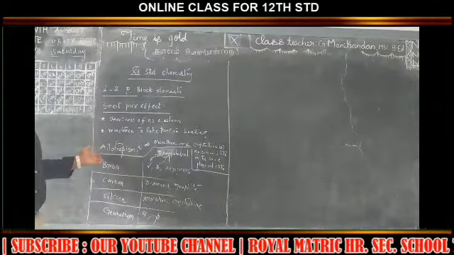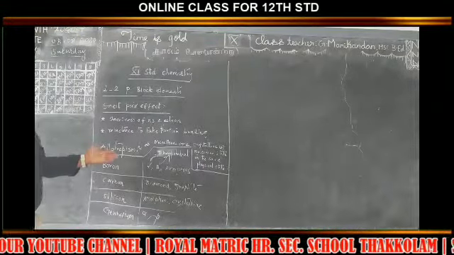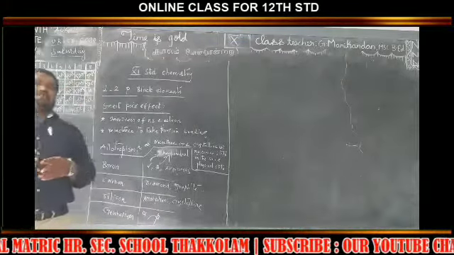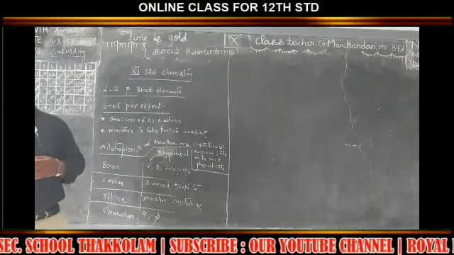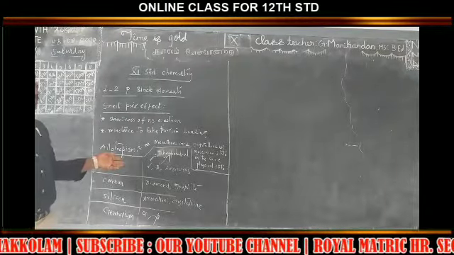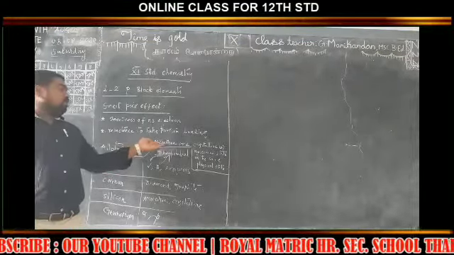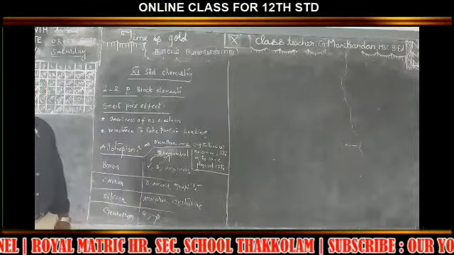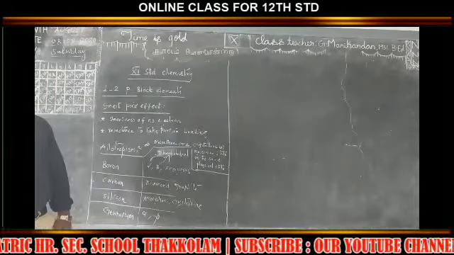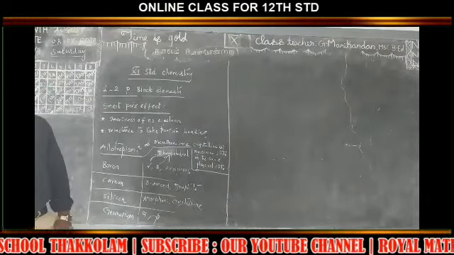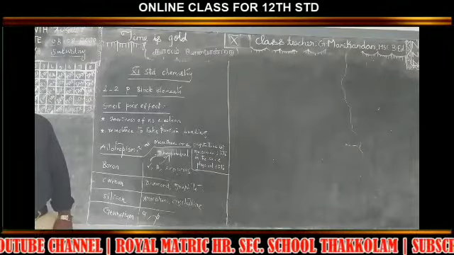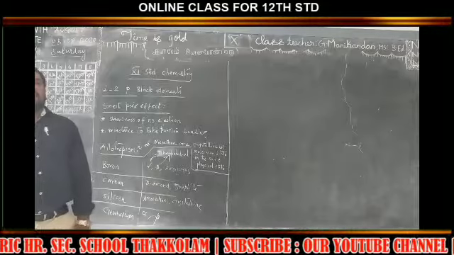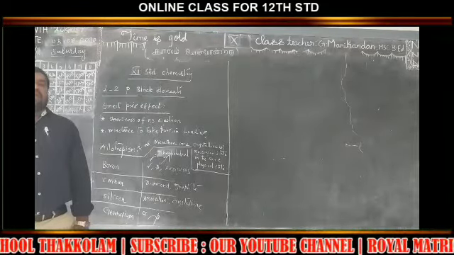Then one more property we are going to discuss, allotropism in P block elements. Allo means another, trop means change. So it can change from one form to another form. It shows more than one form, crystalline or molecular state, in the same physical state. The physical property does not change, but it may change in chemical behavior. That is called allotropism.